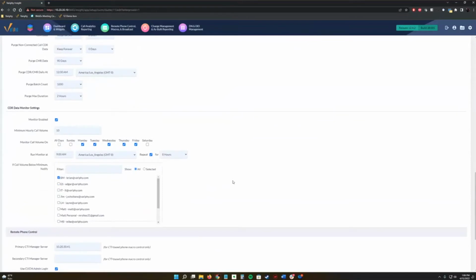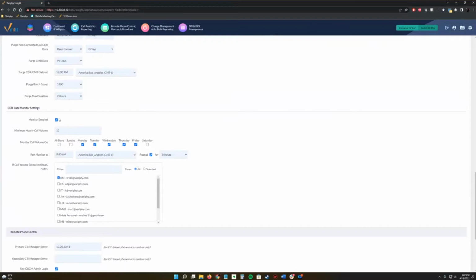A couple of things this is going to tell you. One is, are we receiving any CDR data from the call manager? And we can set this up with a minimum call volume. More than likely you're going to know if your phone system is down, but this could also tell you that there could be a problem with maybe one of your voice routers going down and not sending calls over either. Most likely you're going to know right away, but it's just another way of being able to see if we're getting any data.